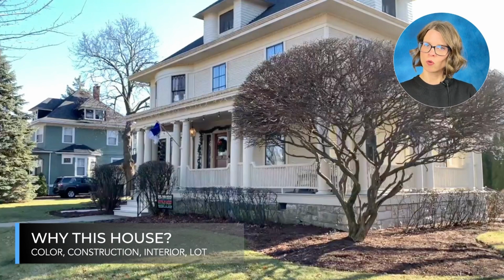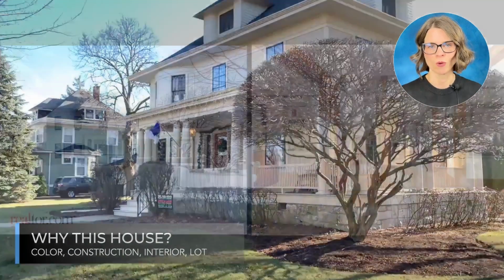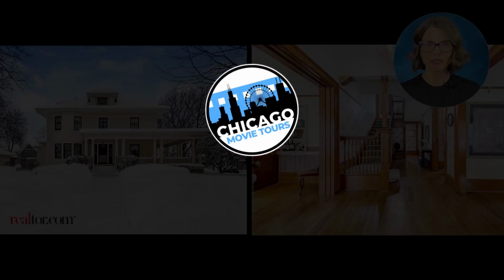So I don't know if you could quite tell from my video footage, but this is a corner lot. And corner lots are very desirable for shooting films because you have a lot of yard space for all of the tents and the lighting and the parking and all of those things that are required of cast and crew to make a movie. So maybe logistically, that's another reason that they're choosing this particular house and that corner lot as well. So on the far left,